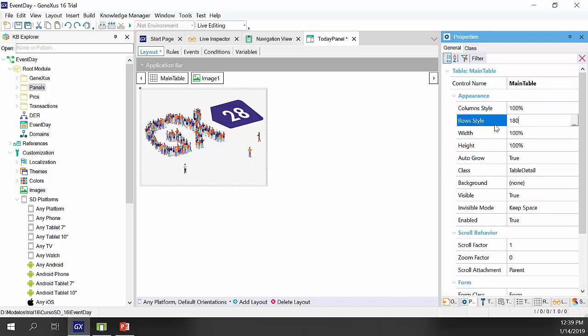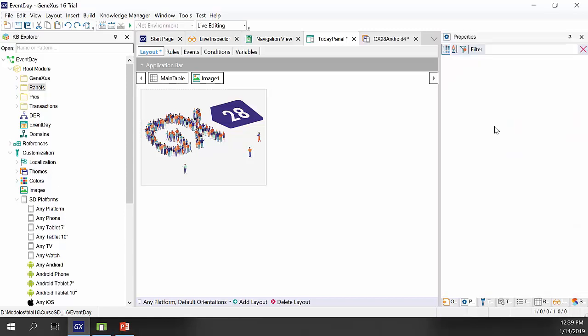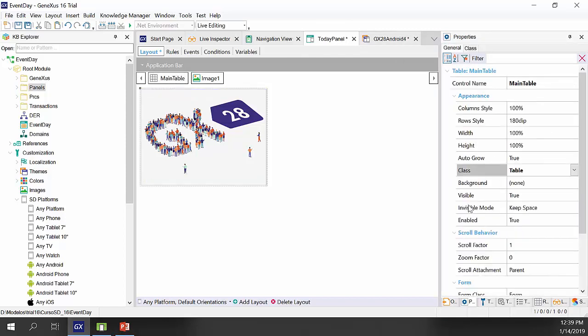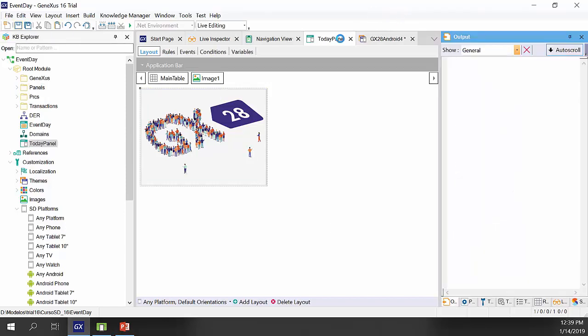Now in the main table, we'll indicate 180 dips for the row, and we'll change the class in the table. We'll use table. We'll record this object,